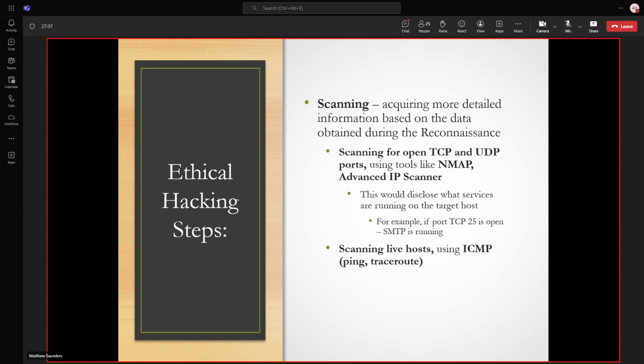Okay. So, you might start out with a ping sweep, but that could be noticed, so you might want to be more careful than that. You might do some trace routing just to figure out what the network layout is like. So, where are the routers? What are the different networks? How do they connect to each other? Right? All that fun stuff.